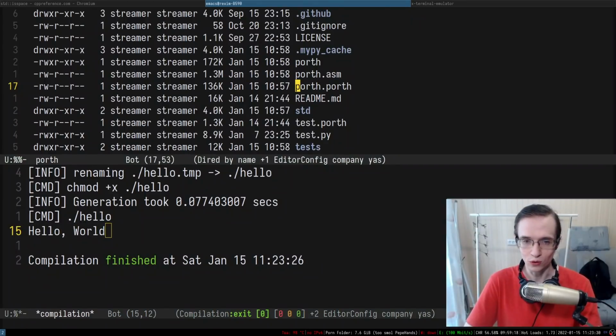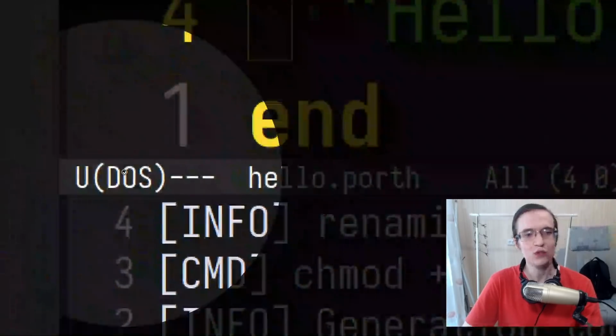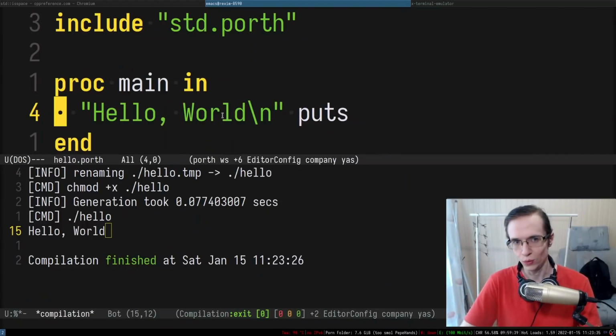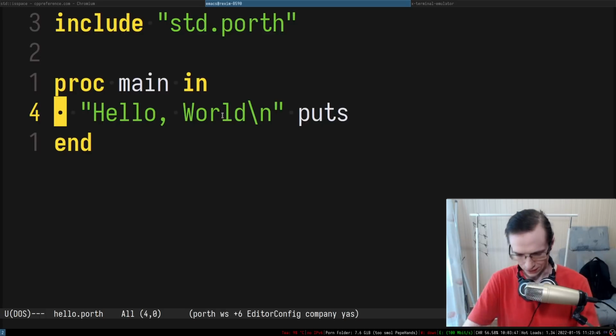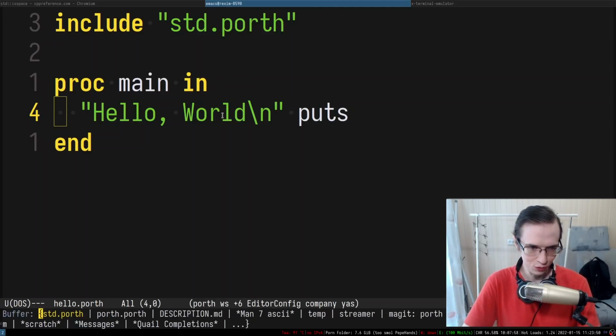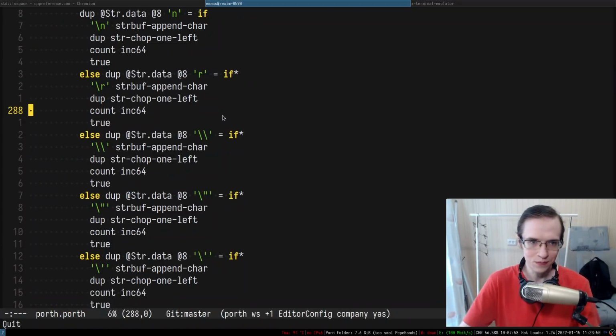So it says hello world, and if I take a look at the hello world file, it uses the Windows new lines, right? So we just implemented the support for Windows new lines in Porth, even though it does not really officially support Windows, but I mean, Windows new lines have nothing to do with the Windows API. So yeah, and this is how essentially you implement a self-perpetuating feature. So it's really interesting.